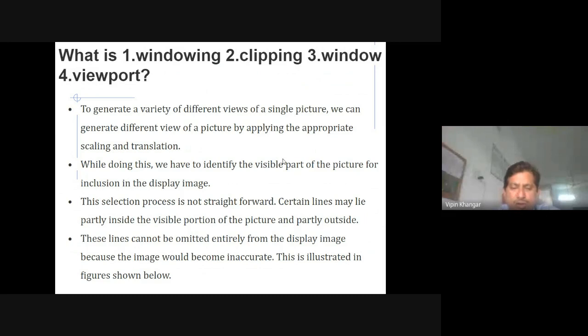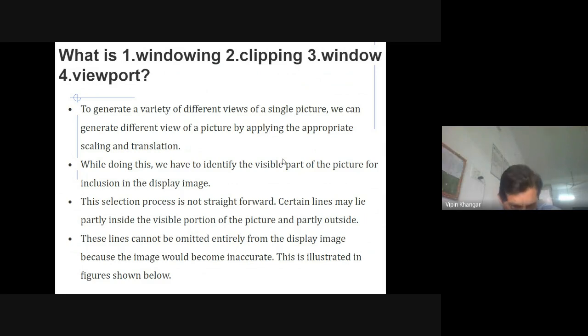Whenever you capture a picture, right now we all have smartphones, and many times we are taking selfies. You must have seen some of the students, they are very smart in taking selfies. Whatever number of students are in a group, they take the selfie at such an angle that no one gets clipped away. So you understand what I mean to say. That is the same thing here. We are also going to work on the same thing.